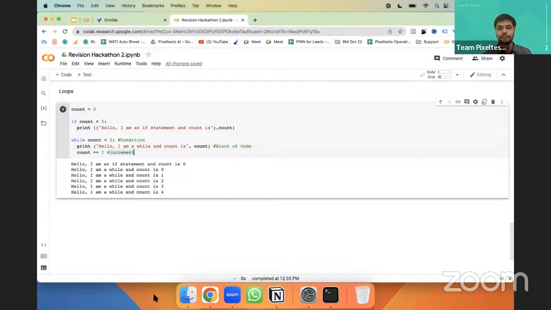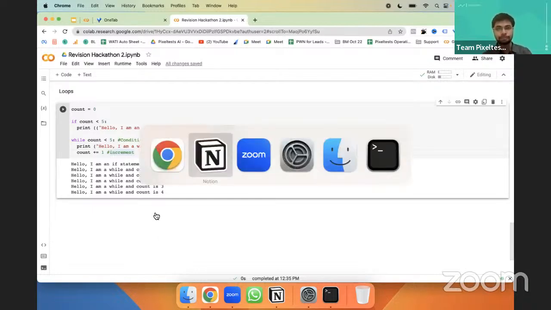We use more of a for loop, but it is helpful in understanding the logic of while. So while and for loop work in the same fashion, but for loop has a simpler syntax. You do not have to increment separately. So that is where we'll see while and for also.